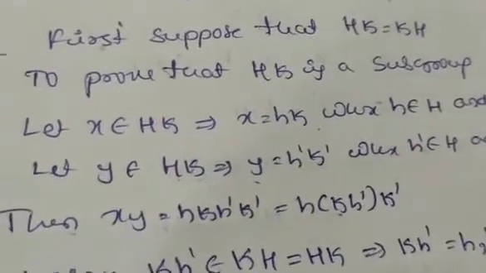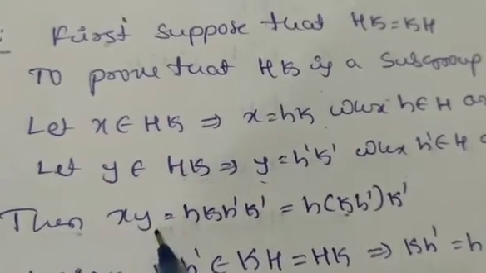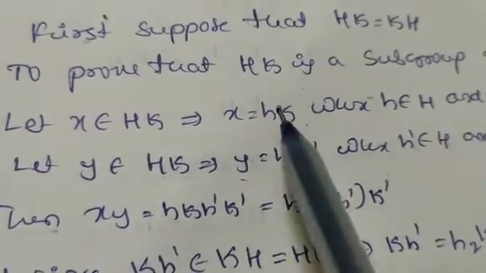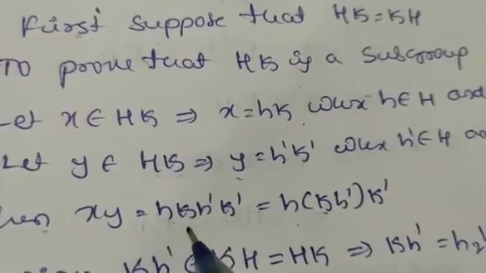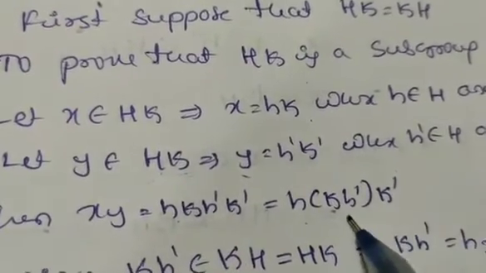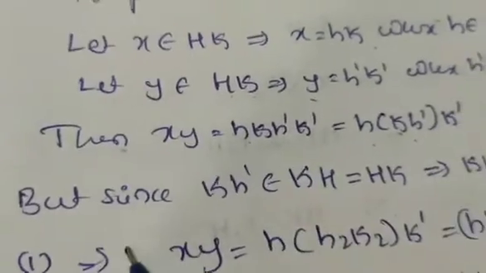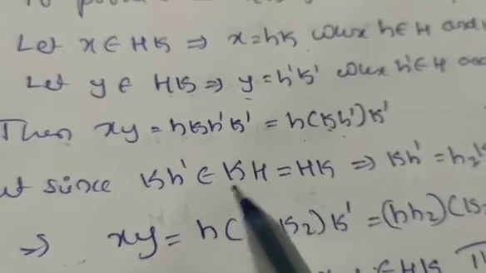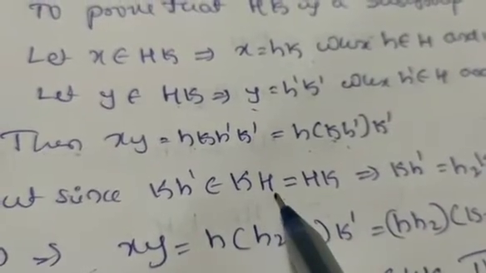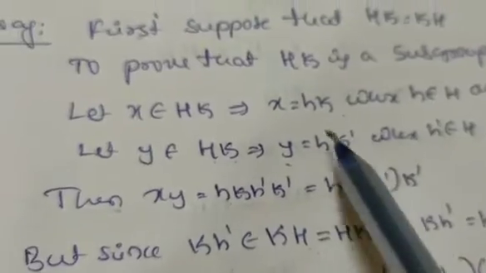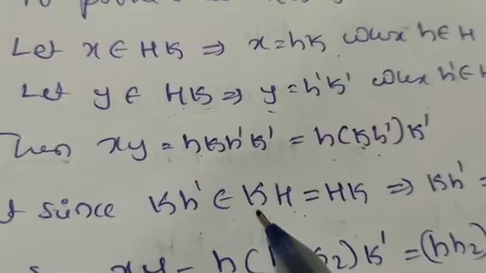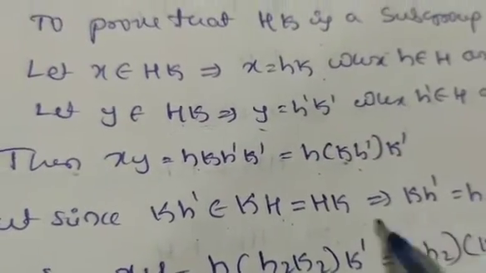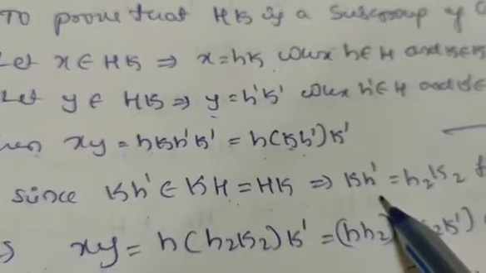Then let us find x into y, which equals multiplying these two: hk, h dash k dash, equals h, and you put a bracket for these two elements, kh dash into k dash. Since kh dash belongs to KH, it is in the form of KH only. But what we have taken here is that H into K equals K into H. So this implies we can take KH as HK. So this implies here k into h dash equals